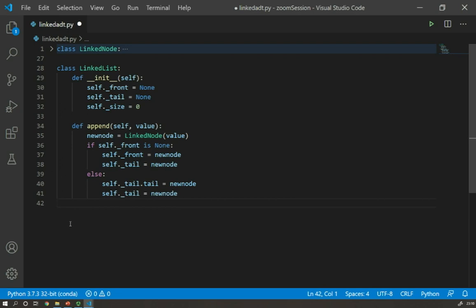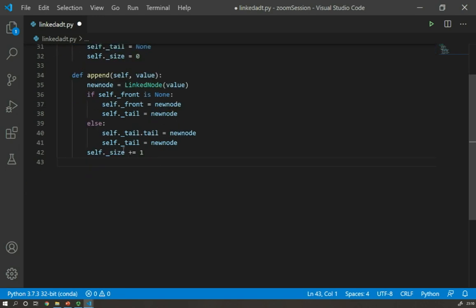Having done so, the final step is to make sure I update the size of my list. Very important to do that, otherwise the attribute size will be out of sync compared to the real size of the list. So that was one of the efficient operations I've done before and demonstrated in the lecture.